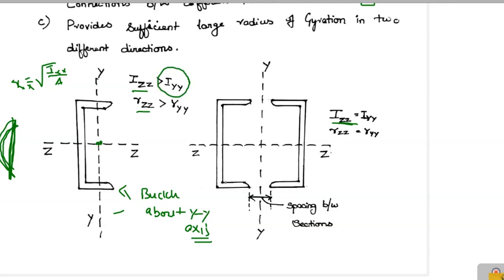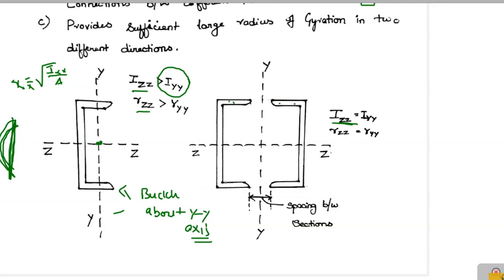So what is happening? By joining another channel section with the already existing section and making a built-up section will finally lead to the increase in moment of inertia and will increase the radius of gyration. And because of this, when the same amount of load is acting on this column, since the moment of inertia about y-axis has been increased, it is not going to buckle that easily, isn't it right? We have an important point to mention here, that is,